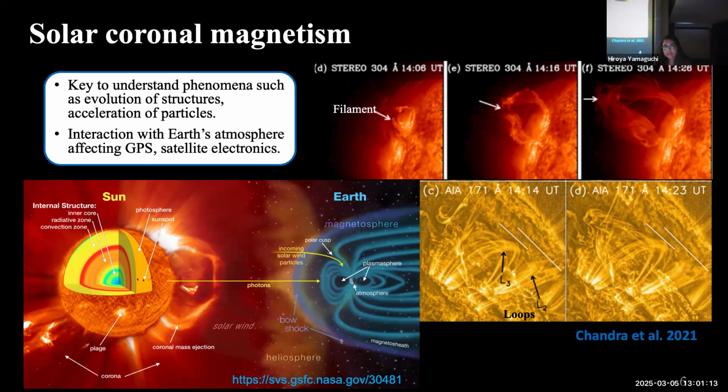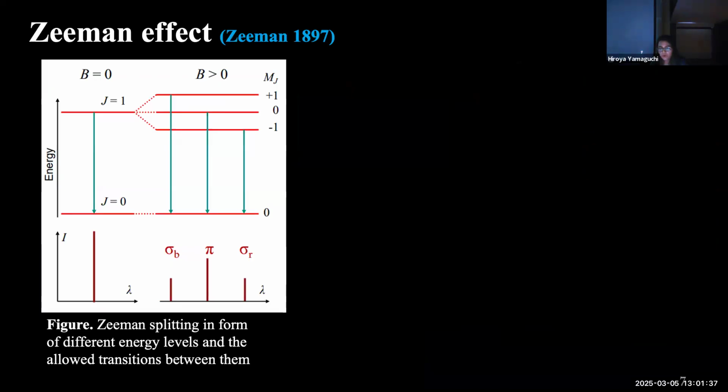So we usually study the sun using the light that we collect with our telescope. That means by analyzing the electromagnetic radiation coming from the sun, we can obtain empirical information on the different layers of the solar atmosphere, like measuring the velocity, density, temperatures, etc. But then, how do we measure the magnetic fields using the same light that we collect? So the most commonly used